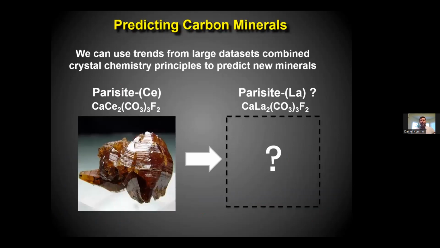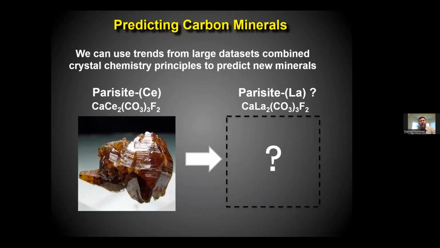So how did we go about it? Now, of course, we published a paper on this. Bob Hazen and myself and a couple of others published a paper predicting these new minerals. How do you go about predicting a new mineral? Well, we used a few different strategies. And just to show you one of these strategies, one thing that we can do is, of course, look at minerals that already exist, and we can come up with reasonable analogs. So for example, here's the mineral parisite-(Ce), and you can see here's its formula right here. It's a calcium cerium carbonate.